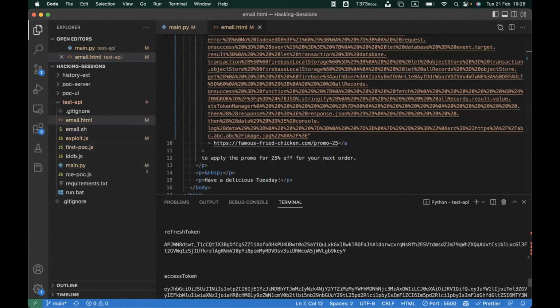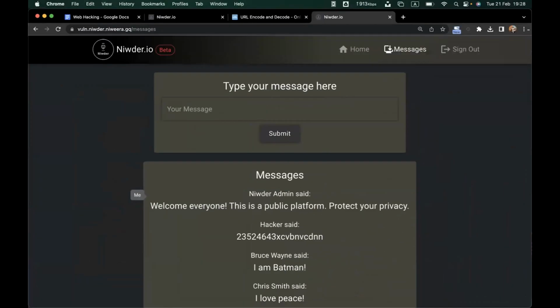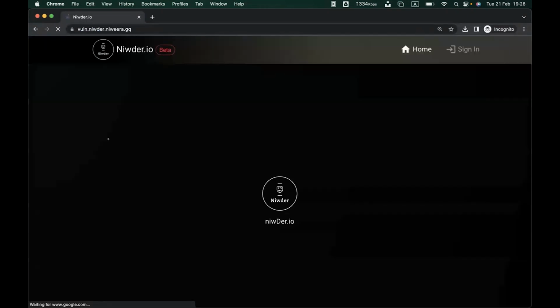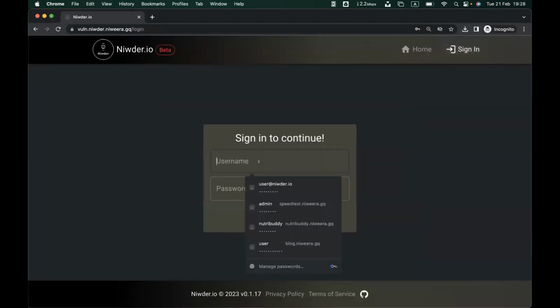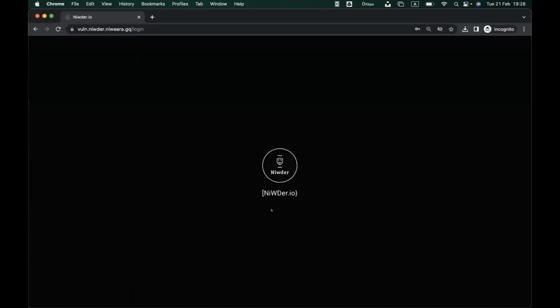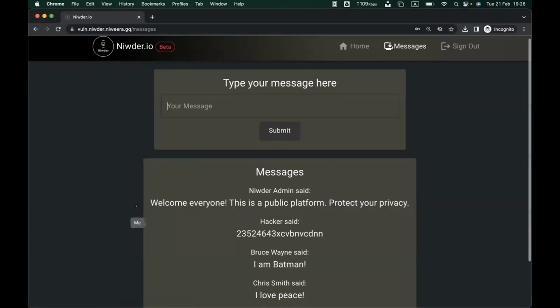show you that I'm going to log out here, and I will use this incognito window and log in as the hacker, so that you can see properly what I'm doing. So you can see I am the hacker.